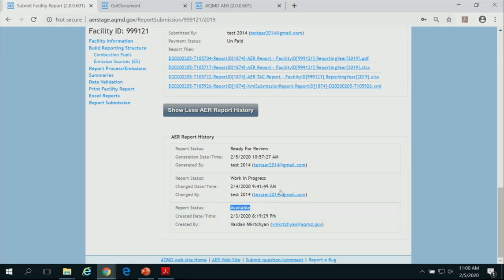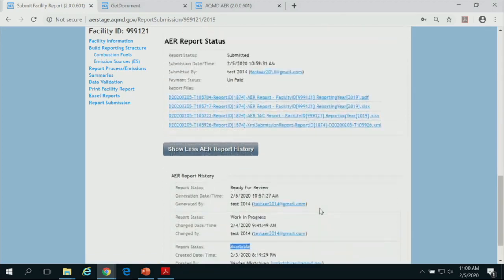The first date that someone touched this, the working status was changed from available to work in progress, and the report status to ready for review, which is when I generated a report, and that timestamp gets recorded too, and then the time you submit it.